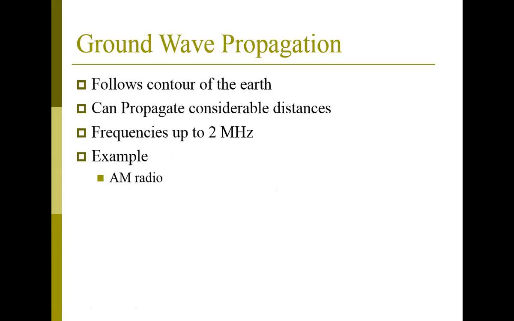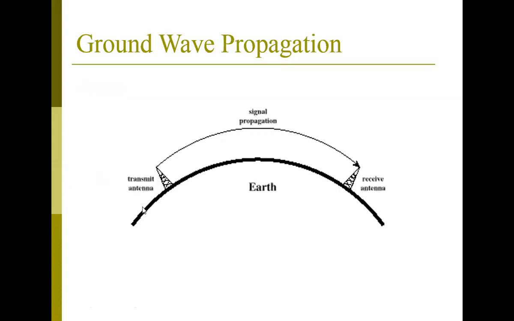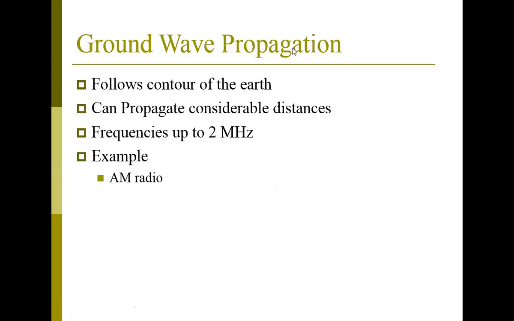Ground wave propagation follows the contour of the earth. Normally, if it is a smaller distance, it follows the contour of the earth. This is the contour. I have already told you. Again, I am going to repeat it. This is said to be the contour, so you can say that it is parallel to it. That's why in the next line it is written, it can propagate over considerable distances.